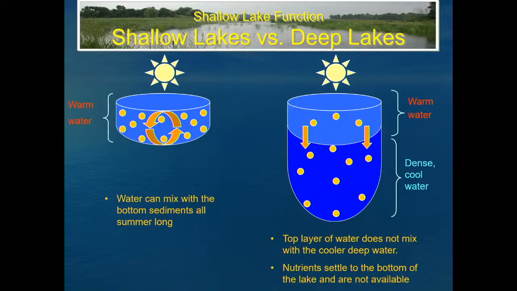When we have a good landscape intact, that's a good thing, because now we're getting productivity into the system so we can produce more fish. But when it gets kind of off the rails, it's also kind of a bad thing. Whereas on a deep lake, you got warm water in the top, dense cool water in the bottom, our nutrients tend to go to the bottom of the lake in that unoxygenated cold water, and they just sit there and they're basically locked away for basically all time.